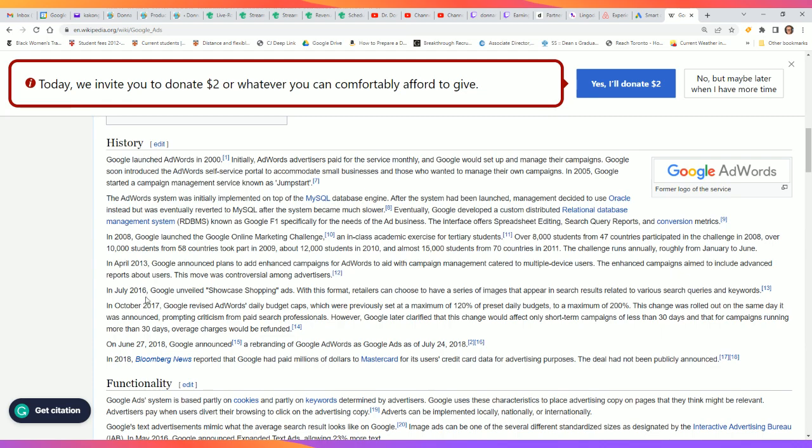In July 2016, Google unveiled Showcase Shopping Ads. With this format, retailers can choose to have a series of images that appear in search results related to various search queries and keywords. In October 2017, Google revised AdWords daily budget caps, which were previously set at a maximum